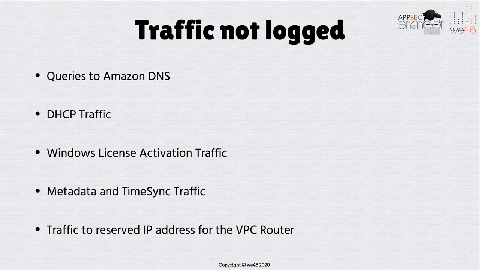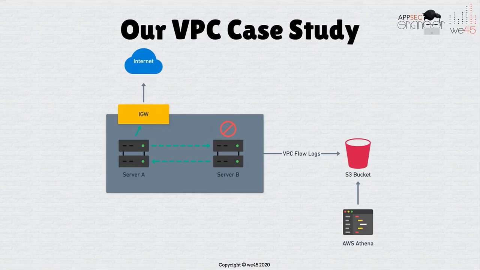We are going to look at a case study where we implement it on an environment, and we're going to store all these flow logs in S3 and query them with Athena to try and find some anomalies in our traffic, and try and lock it down after the anomaly is found. This is something that we're going to be doing in a subsequent lab. Now let's look at the VPC case study that we're going to implement flow logs on.